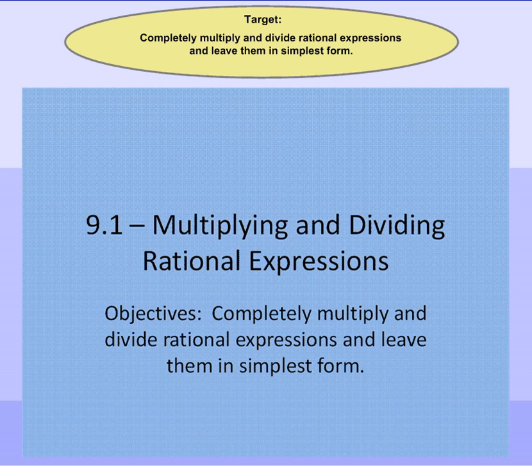Today's section, we'll be doing section 9.1, which is multiplying and dividing rational expressions. We will completely multiply and divide rational expressions and leave them in simplified form. When we are multiplying and dividing rational expressions, we are using the top times top, bottom times bottom method. We're going to change all division into multiplication, and rational expressions are expressions that are written